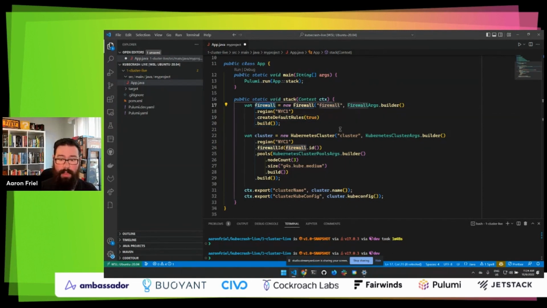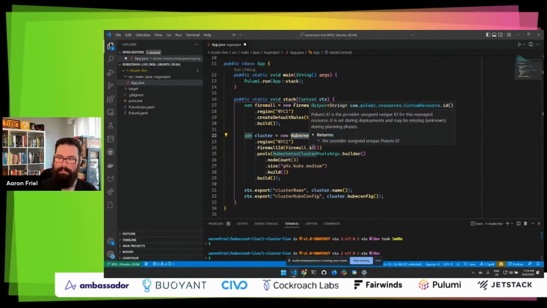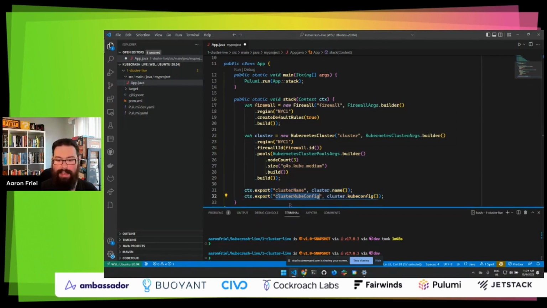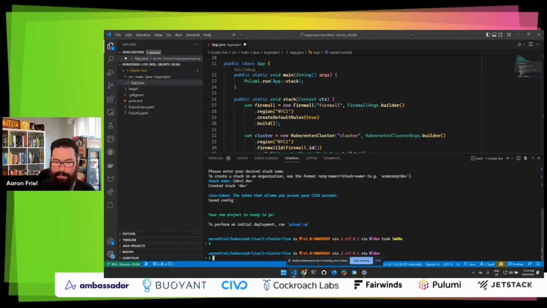So for example, this firewall is a prerequisite for this Kubernetes cluster. So we're going to pass in the firewall ID, getting this output of string. We're going to then export a couple things from this cluster. We're going to export a cluster name and a kubeconfig so that I can access it for the rest of the demo. So let's go ahead and Pulumi up